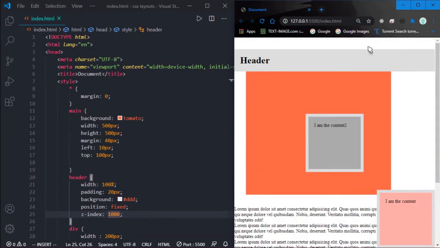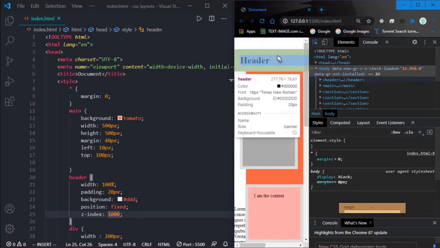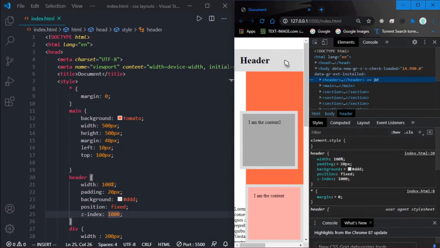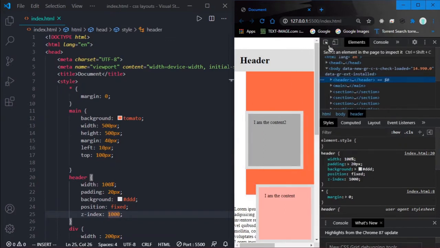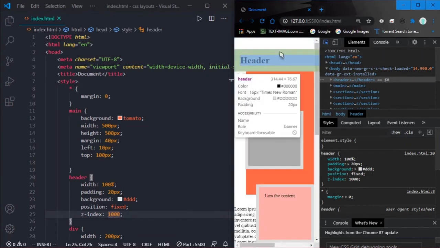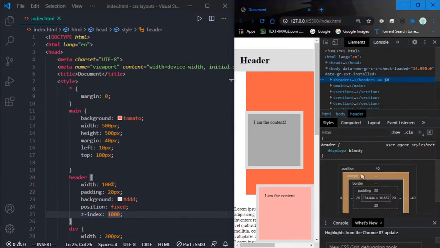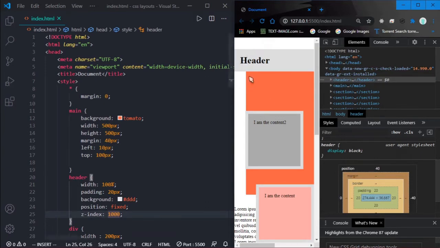And now there is a little bit of margin here which we want to understand, why it's here. And the best way is to inspect the element, obviously. So I will open the inspector and I will inspect this header in order to understand what's going on, why this header has this kind of weird margin. And as you can see in this header, it doesn't have a margin, it has a padding, and it has a position of 40, and that position of 40 is due to